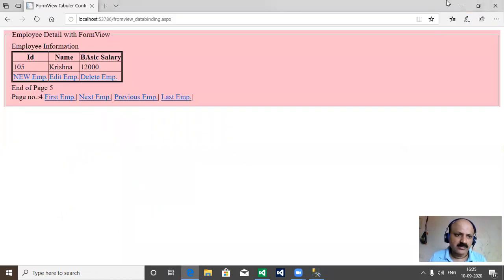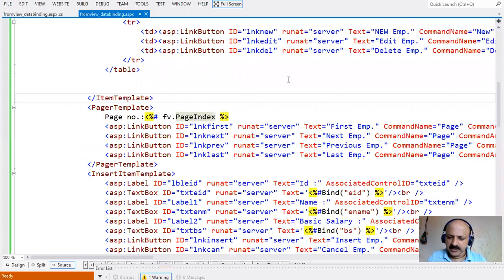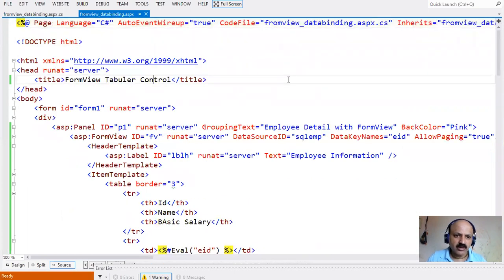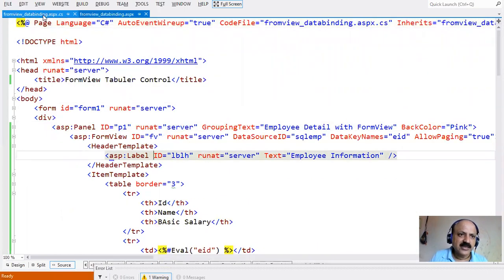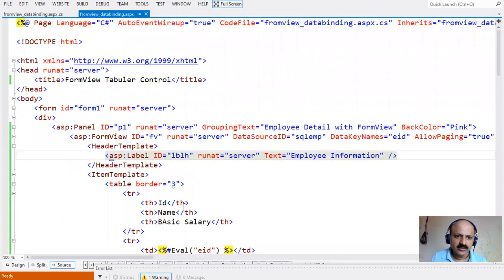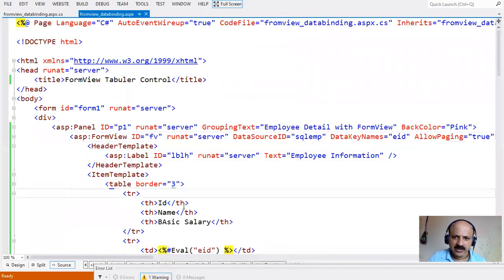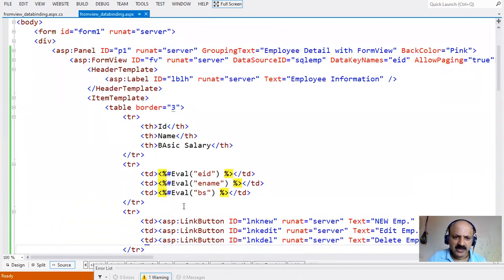Yes, all is well. So also I used all the templates in FormView. The data binding concept is there. So here I open it and just look over all of it here. I did not write a single line, I just revise. So there is no coding, not one single line of coding. So the header template, for the form view: ID, runat, data source, data key name, and allow paging. There are 5 properties we have to set, and the header template gives the heading, the item template uses Eval,